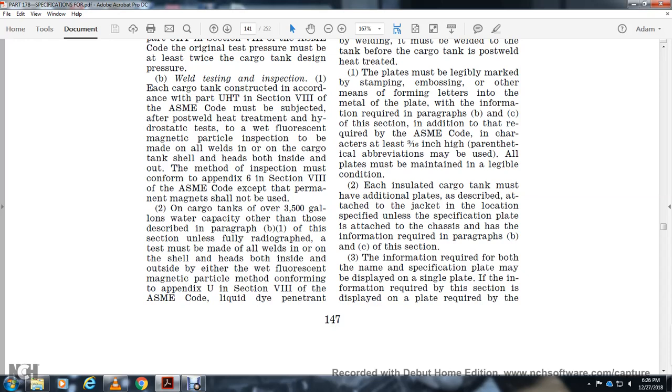The method of inspection, inside and outside, must conform to Appendix 6, Section A of the ASME Code, except that permanent magnets shall not be used on cargo tanks with a water capacity over 3,500 gallons other than those described in B1 of this section, unless full radiography is made of all the welds and on the shell with the head welds, both inside and outside, using either the wet fluorescent magnetic particle method conforming to Appendix U of Section A of the ASME Code,